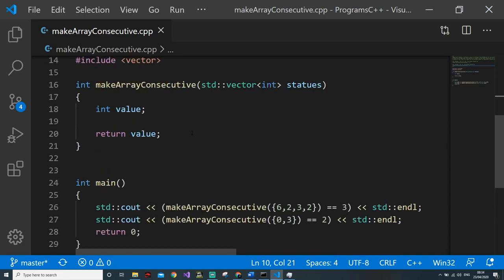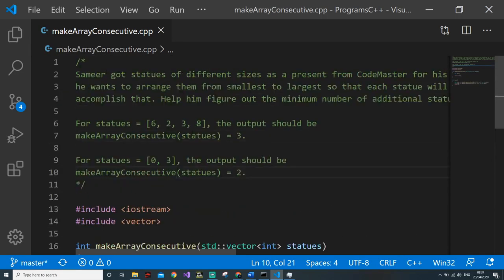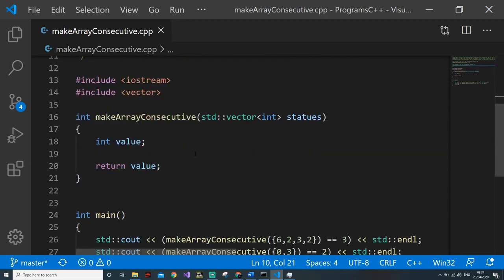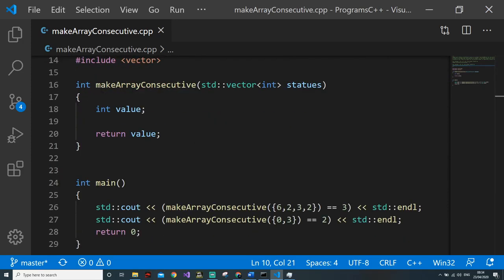Okay, so I have to make the code skeleton. For this I have written the problem above. So if you are referring to the GitHub, you can find this problem here. Now the problem is quite simple and the answer is pretty straightforward. So now think about it for once. How would you solve this problem?